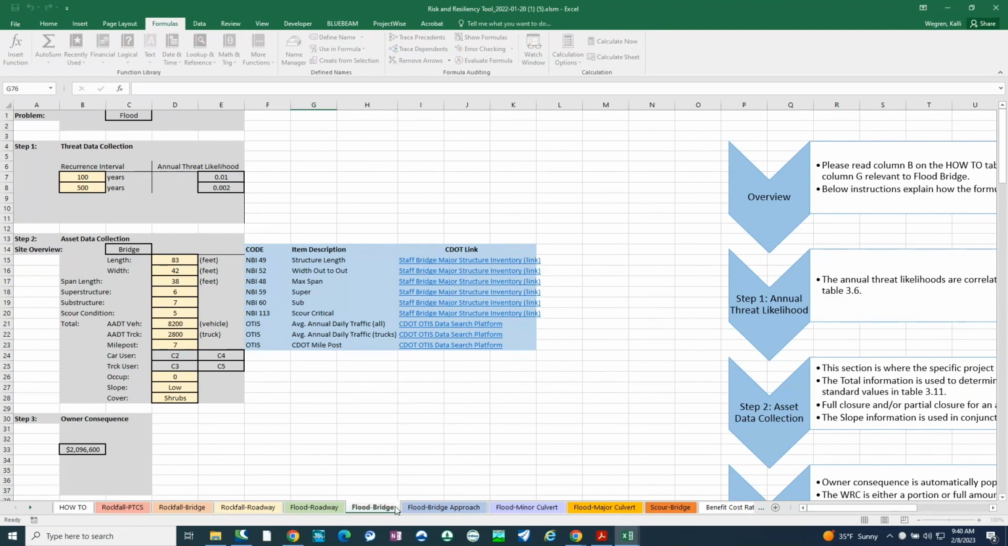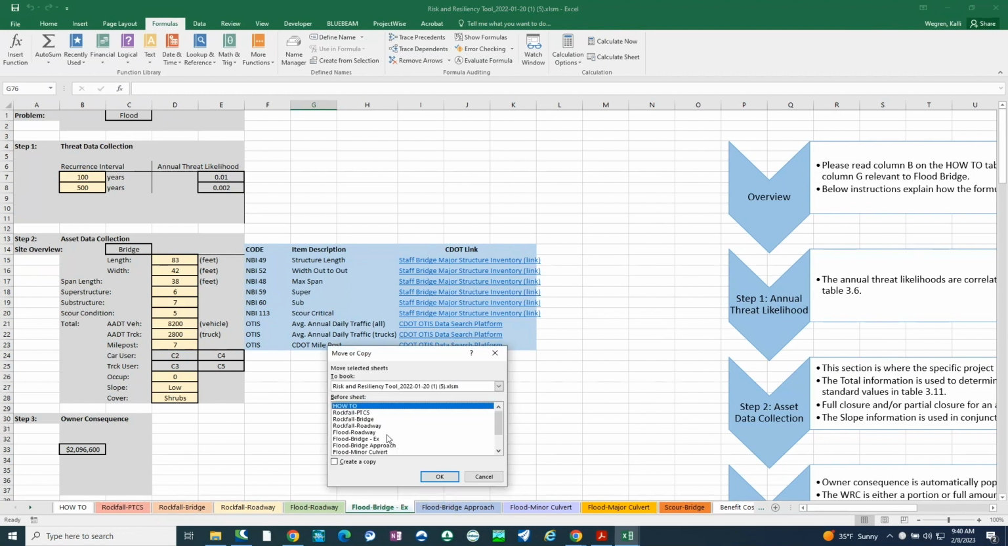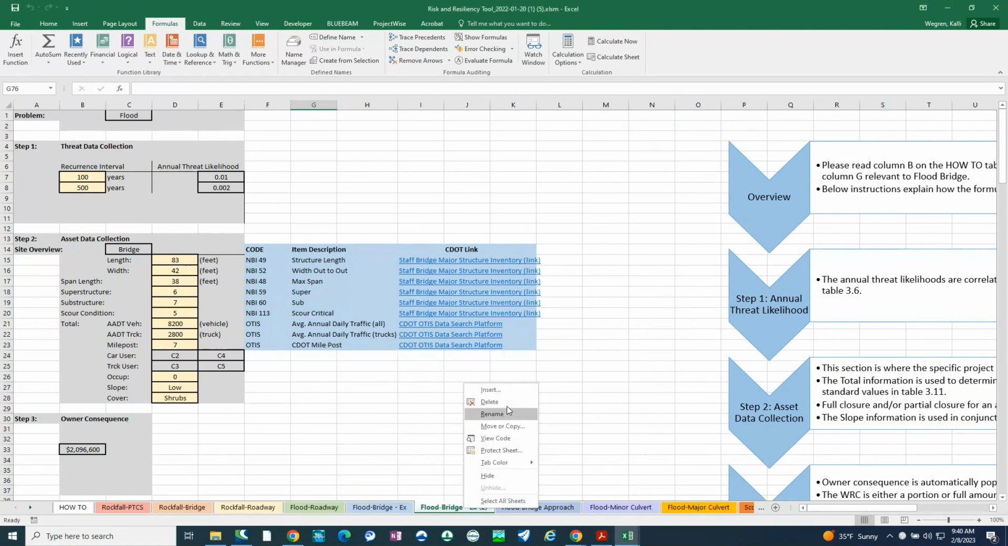For this specific situation, we looked at an existing flood bridge condition. Now, if we want to look at a proposed mitigation option, we can duplicate this tab. Going to rename